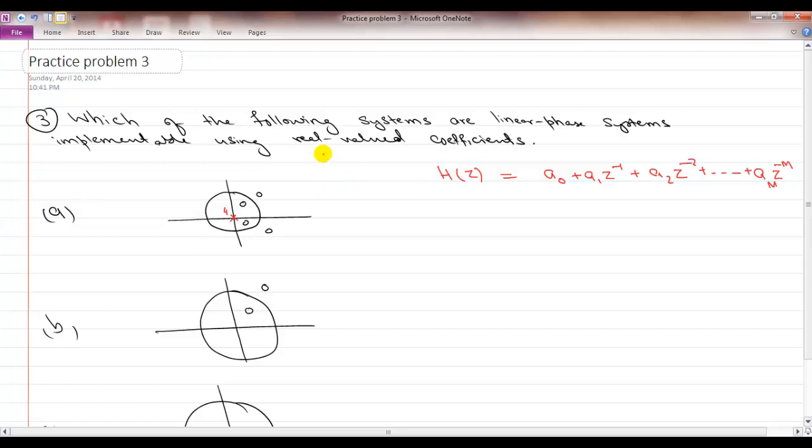Now we know that these are FIR systems and they have real valued coefficients. The question is, which one of these diagrams correspond to linear phase real valued coefficient? So what about part A? So yes, this is a linear phase